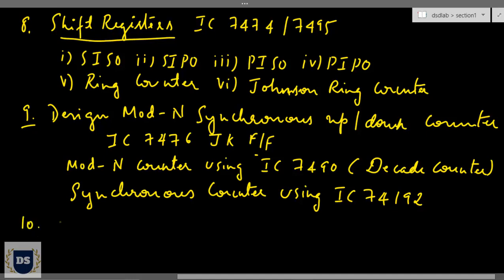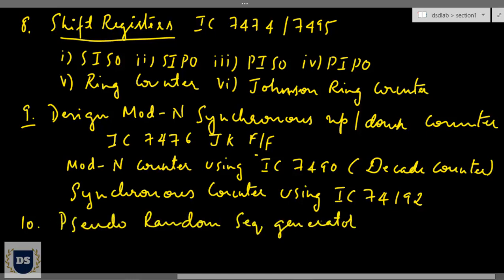In experiment number 10, we'll design a pseudo random sequence generator using IC 7495.